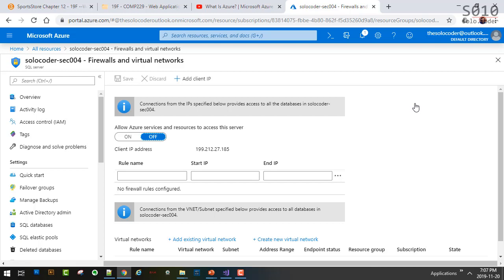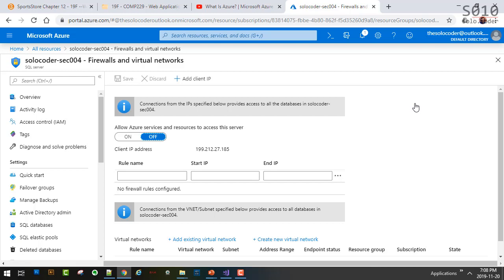That's why we have to go to the firewall and say, hey, I want to be able to come in. I want to be able to let my workstation in the new server, in our case here, solocoder-sec004. I need to allow my workstation to come in because I need to run scripts that will create the tables for us, for both databases, okay?